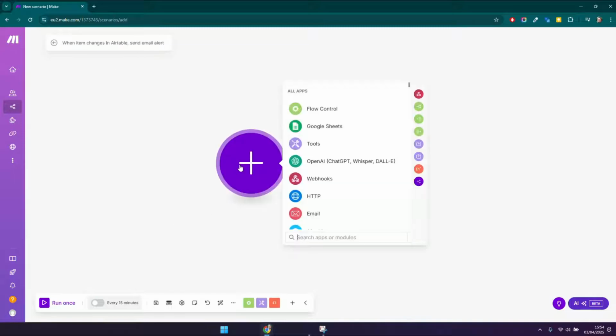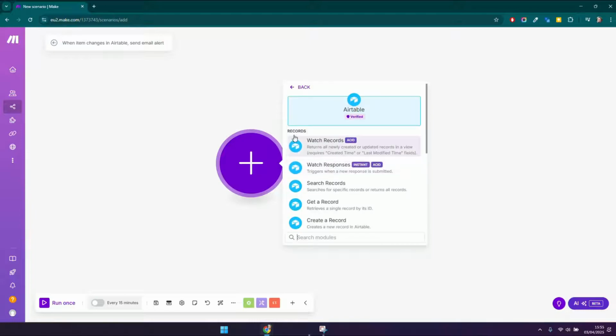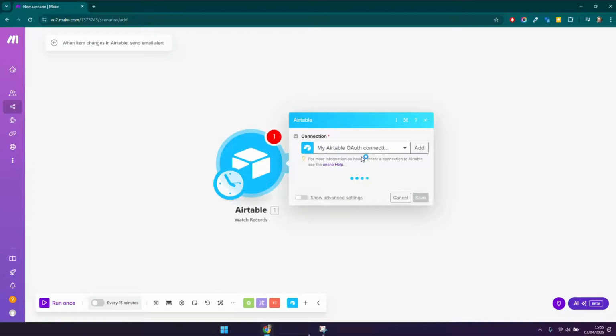Okay, and click here to add our Airtable module. The actual module we want to get here is watch records, and what this does, as you can see here, returns all newly created or updated records in a view, and it requires a certain field here. So I'm going to go into that in a second, but if we go in here, the first thing you're